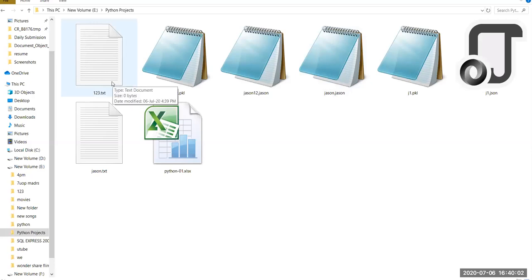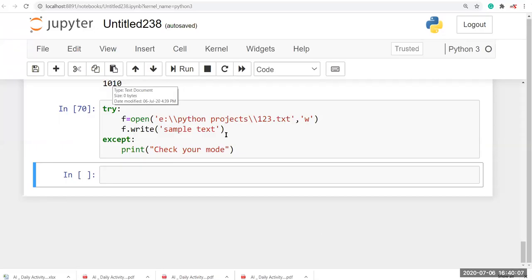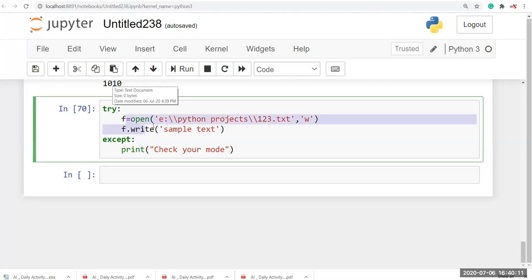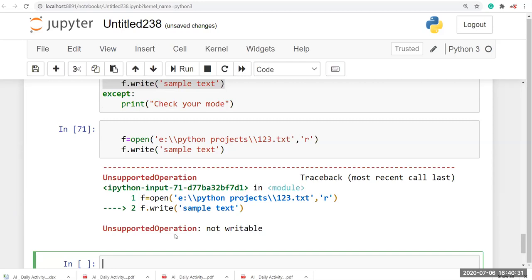So you can use the error names also in your except block. Okay, so here I'm going to copy this for knowing the error name. I'm going to run separately, and here I'm going to use r for writing the text value. So now you can see the unsupported operation.